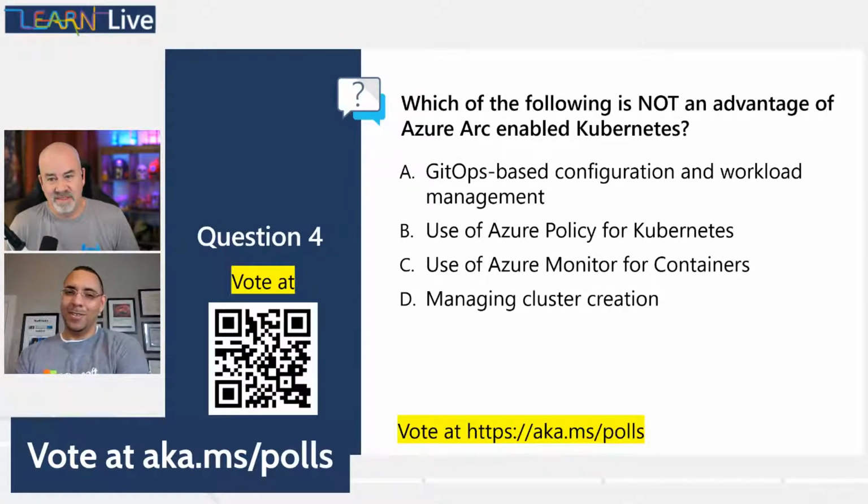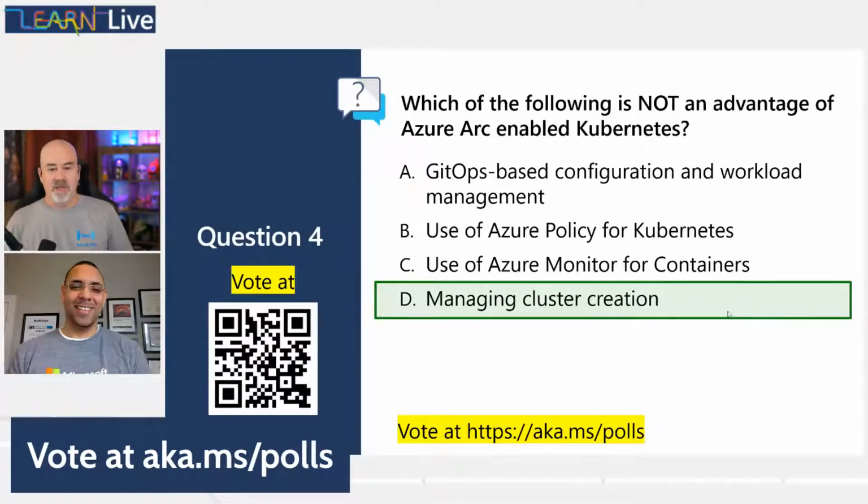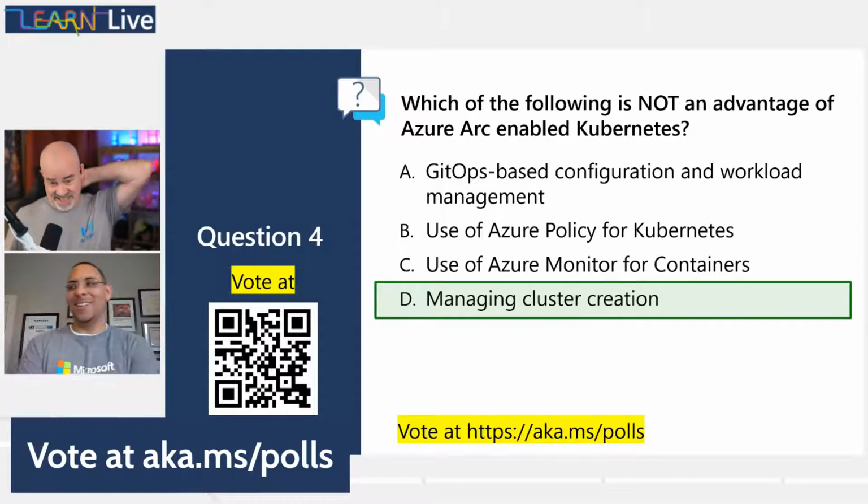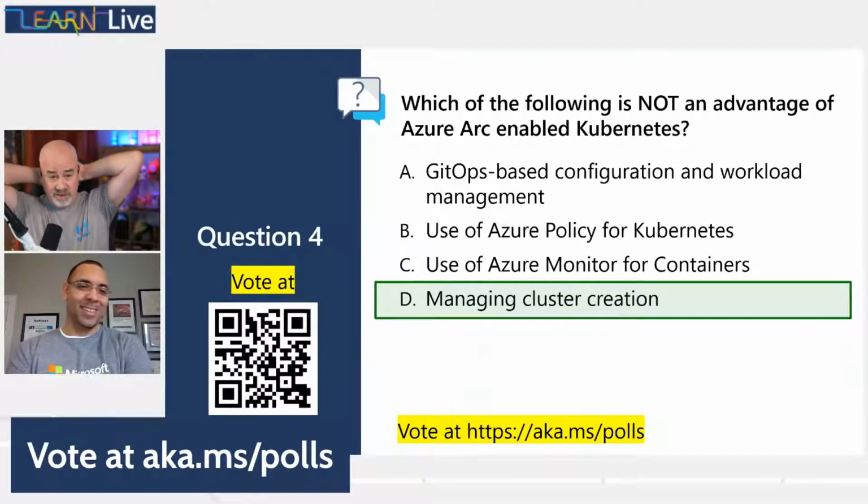This is a tough one. And I actually don't know the answer to this, so I'm going with D. Actually, you are correct because, wait, right to the slide. Now I wish that would happen every time I take a certification test. Like I would magically get the answers right, even when I don't know it. That would be great, because you're right. We talked about